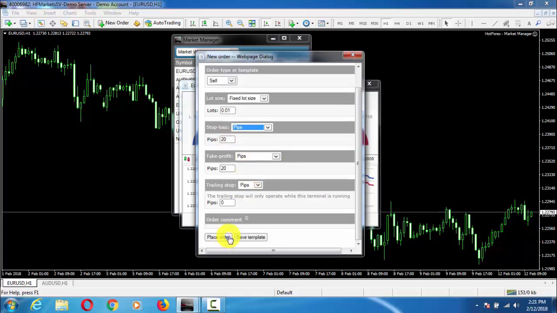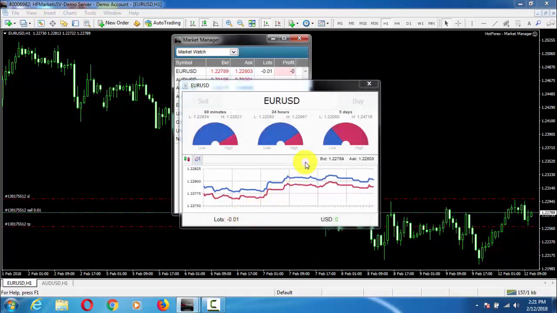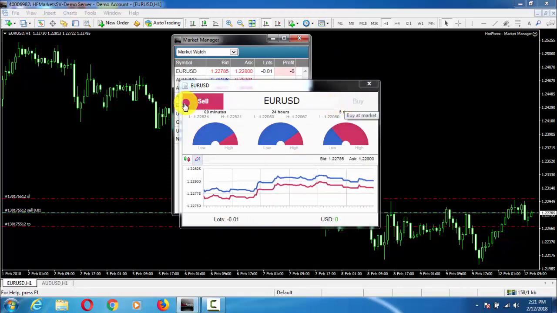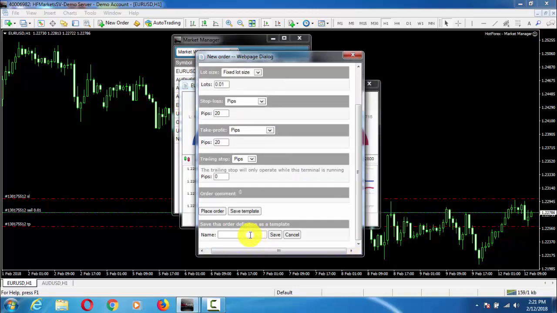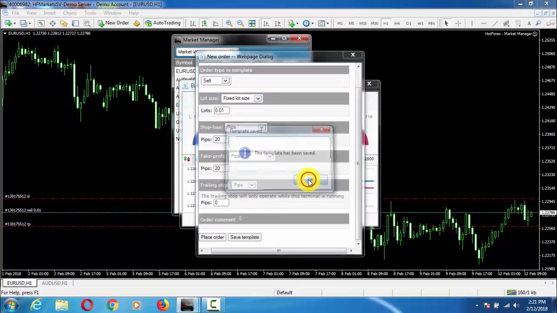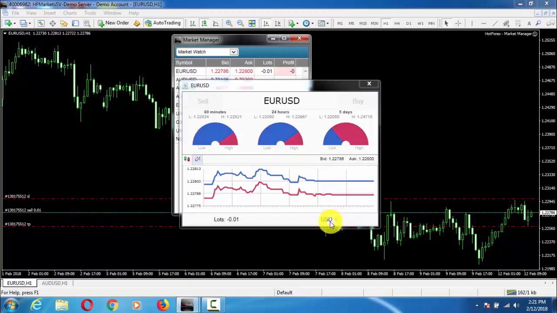Then we can make a template or we can place our order. For example, I have placed my order. Or I can also save my template here with a name. Now my template has been saved. So here I can see my lot size and my